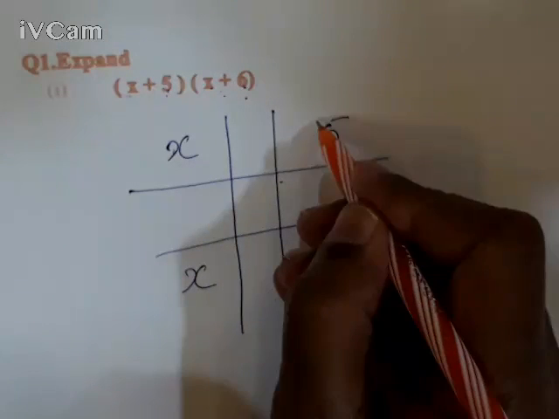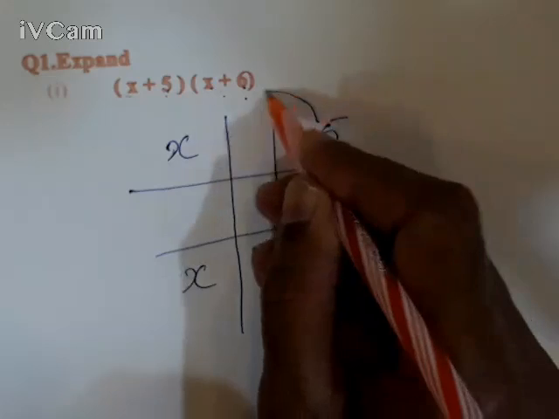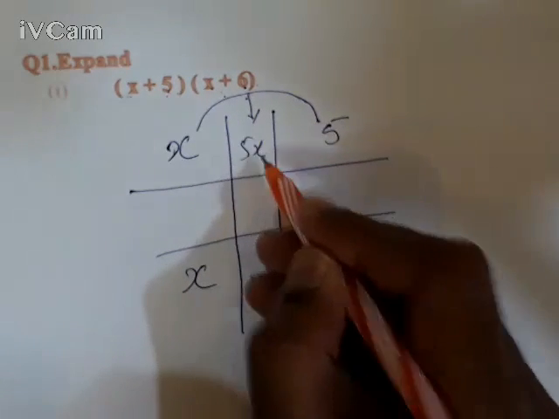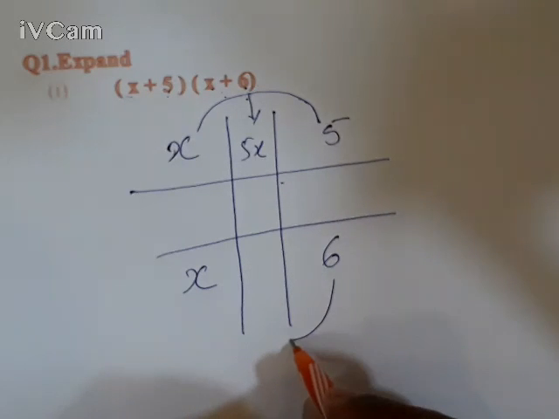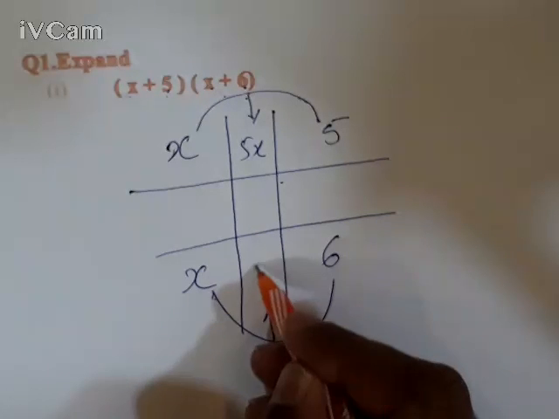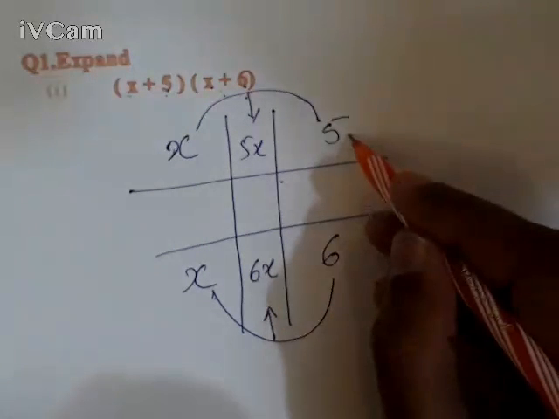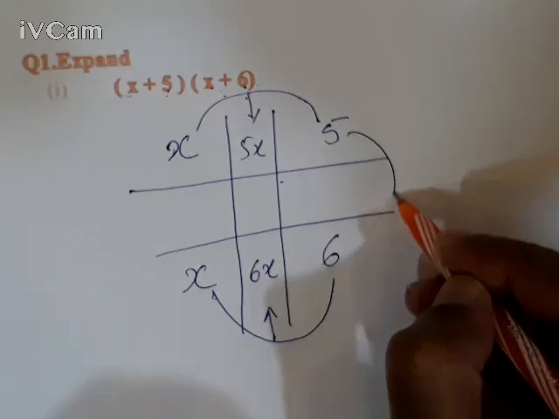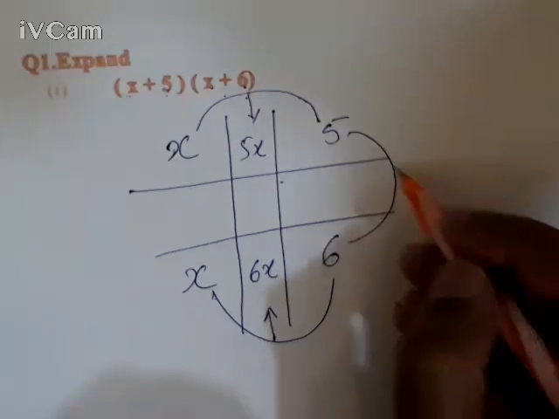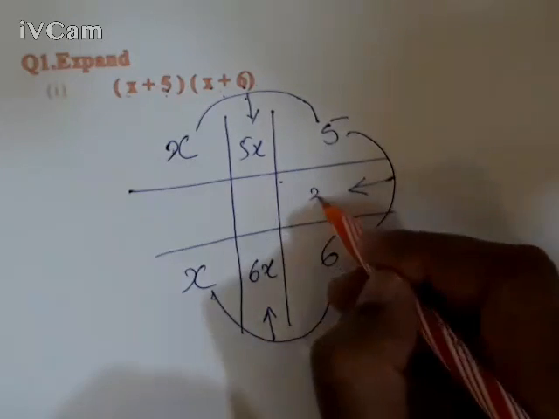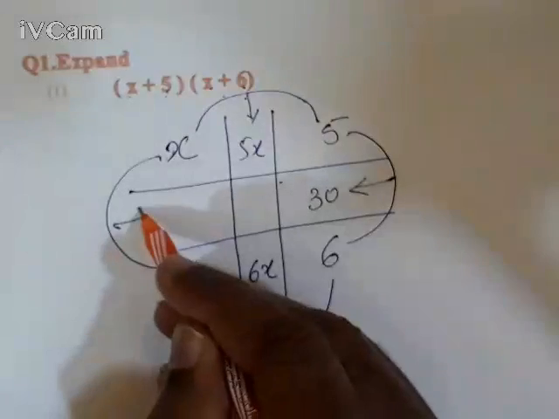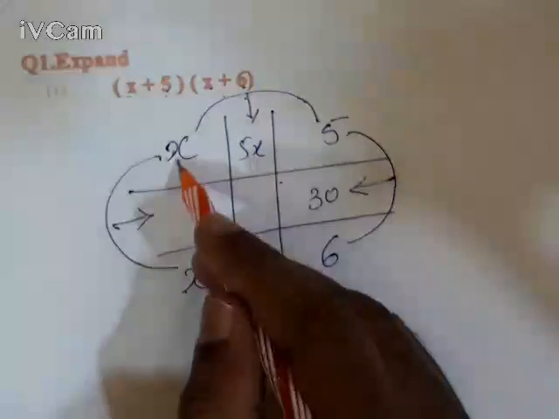Now the second step is you have to multiply 5 with x and write here, it's 5x. Same on the downward side, 6 is multiplied with x and write here, it's 6x. On this right side, multiply 6 with 5 and it will be 30. Now these two x are multiplied and write here, and we know that when the bases are same the